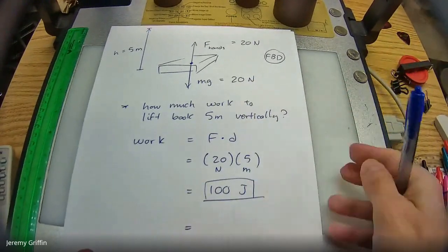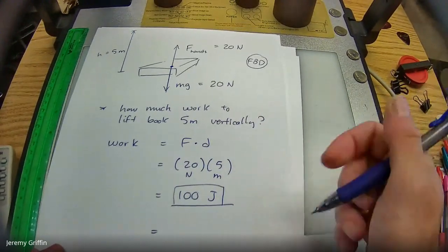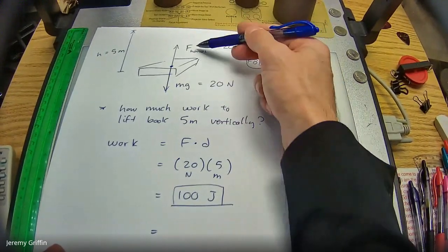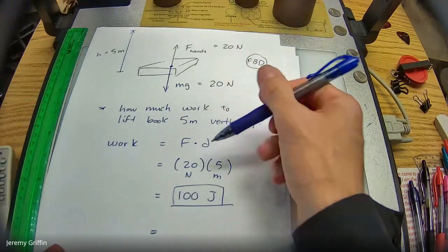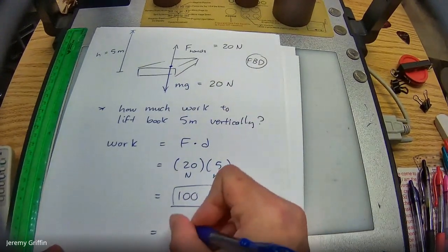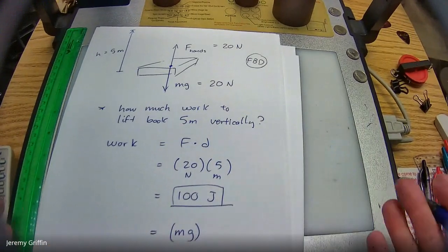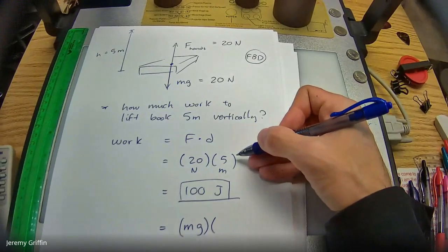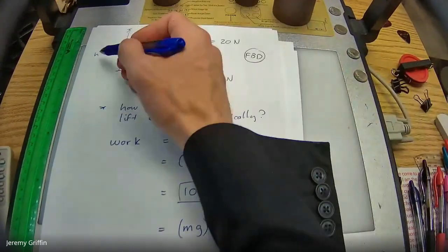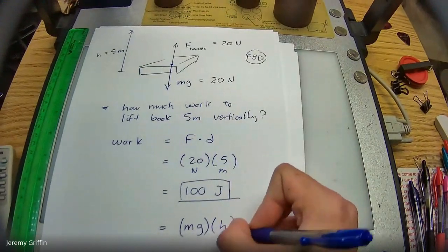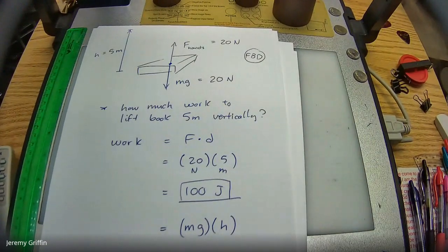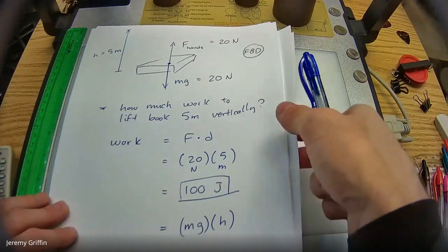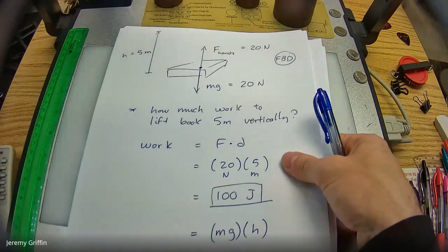So let's look back at this derivation here and see if we could figure out a formula for potential energy just from this. The applied force, wouldn't it just be equivalent to the weight? That's where that came from. So mg for the weight of the book. You're applying a force opposite of that, but the same magnitude. And then some distance, but if it's against a gravity field, isn't that distance always some height value? That's why I call this h here. So wouldn't it just be mg times h? The amount of work that you put into the book to lift it would be mgh. And that's also the amount of energy that the book would have, potential energy from moving that height.